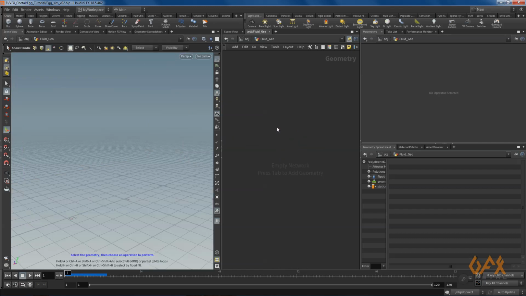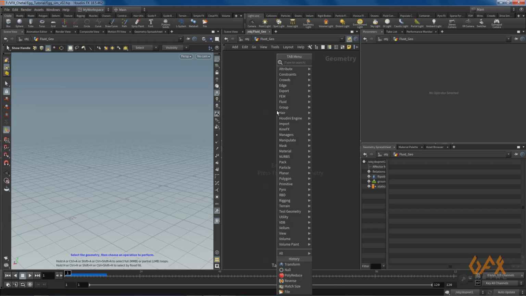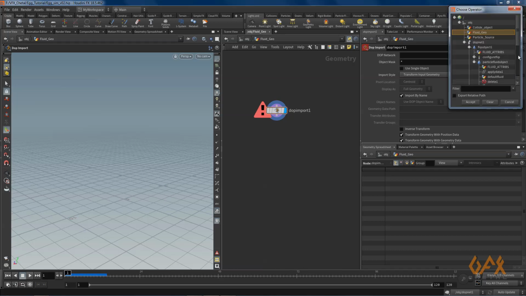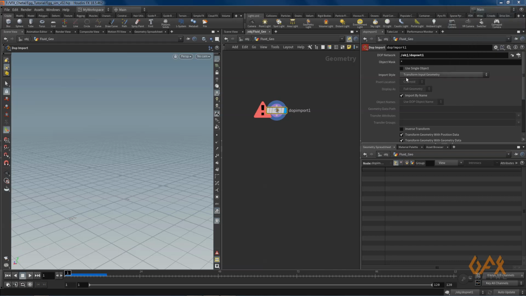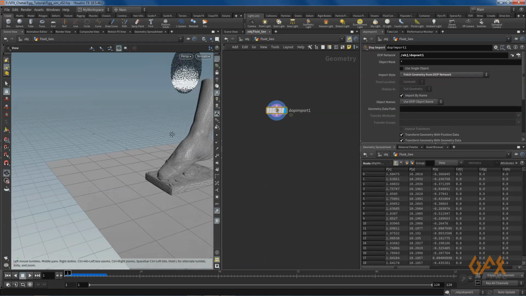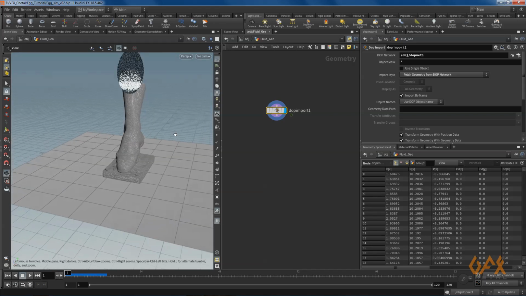I just go over here, I import my DOP network over here. So I just click over here and I call my DOP network, and over here fetch geometry from DOP network. So right now it is called all geometry and all those stuff.